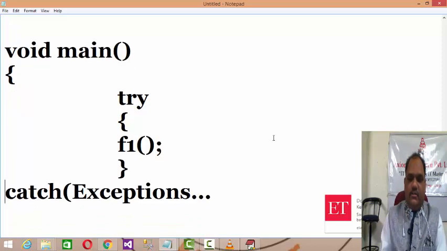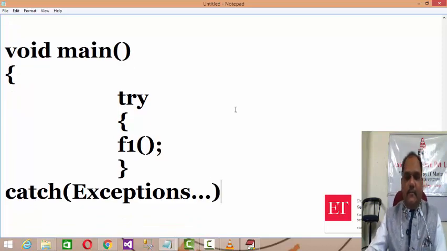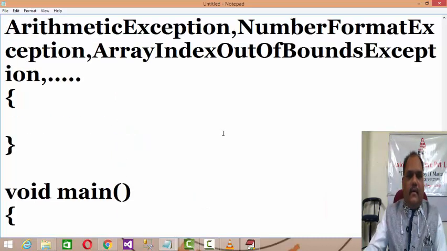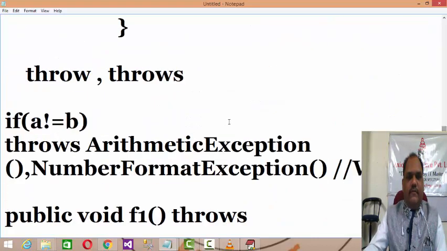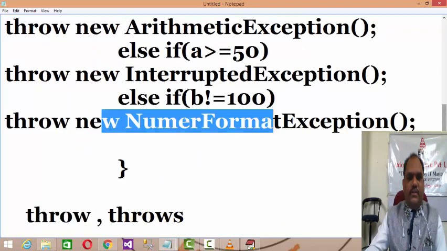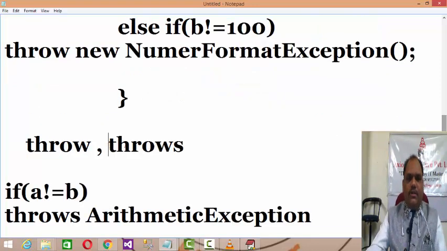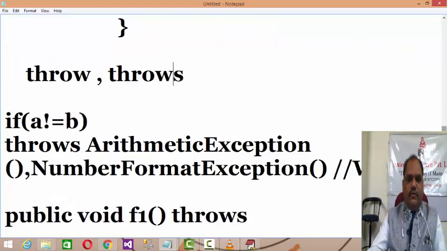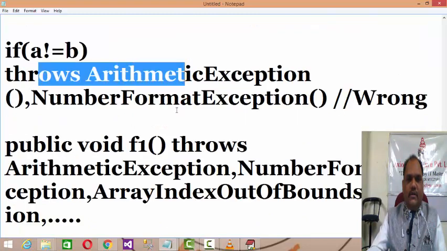right? Just understand the things again. What I am saying now, I am going to explain the purpose of throws. Throw we understand. What is the use of throw? It throws the object of an exception conditionally out of the try block. It means the user deliberately wants to create and throw the object of exceptions out of the try block, then throw is used. And what is the use of throws then? Throws is actually not used for throwing multiple exceptions out of the try block at a time, because you cannot throw multiple exceptions at a time out of the try block.